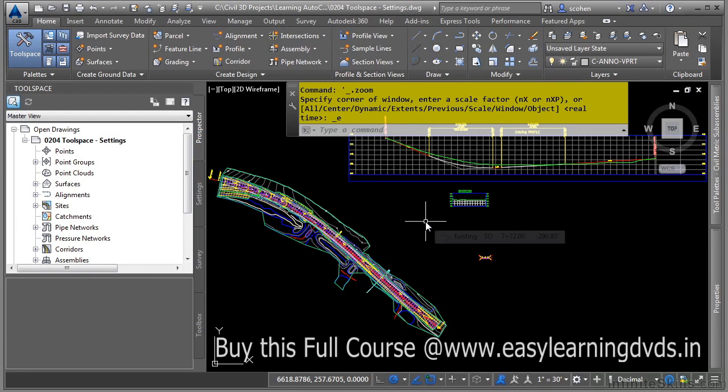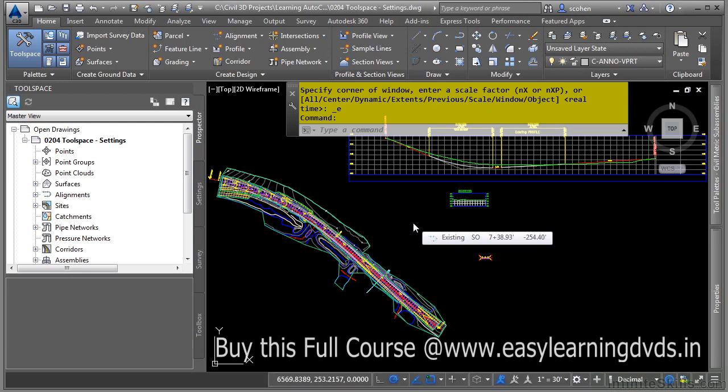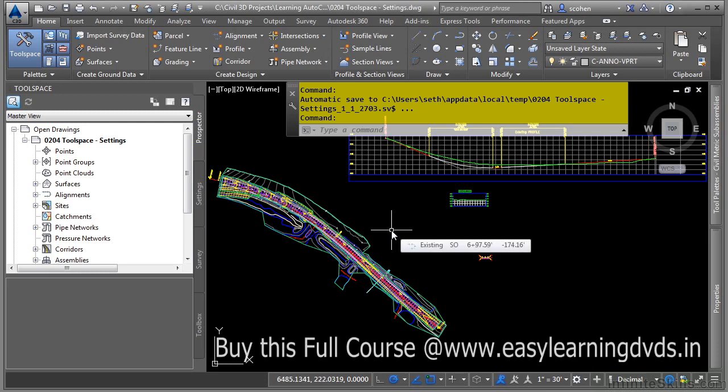In this video, we will discuss the Toolspace Settings tab. Civil 3D uses styles and settings to automate CAD standards and design settings within the Civil 3D environment. Civil 3D styles and settings are probably the most important aspect of Civil 3D. Having styles and settings defined before using Civil 3D in production will make it easier for you to use it